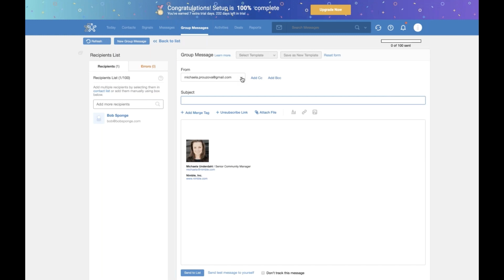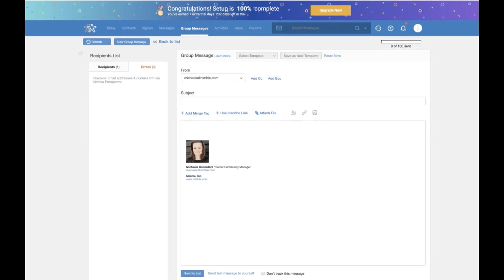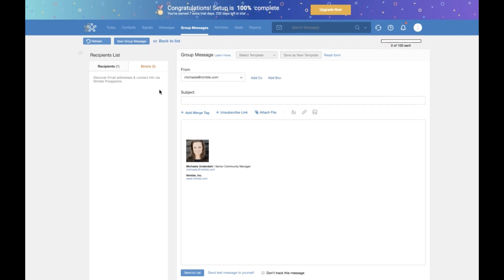So when you're emailing from Nimble, again, you can pick from which email address you want the email to go out of. This is where you'll see the list of all the recipients. If there are any people that you selected that you don't have emails for, they would show up here. And we actually have a contact discovery feature. So there would be a little green button that would allow you to find the contact information. And I'll show you how you can do it when we go over how to use the browser extension, because the button looks the same. So then again, you would just put subject line,